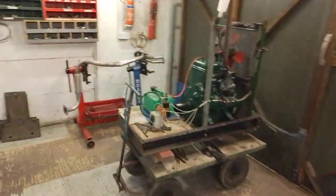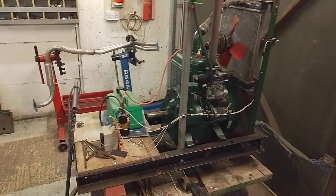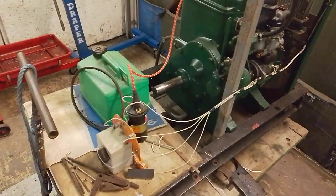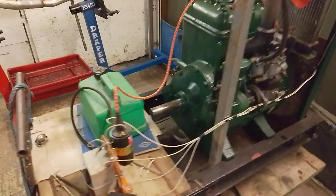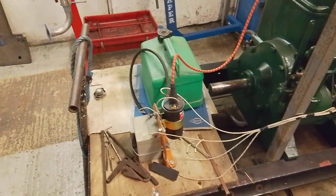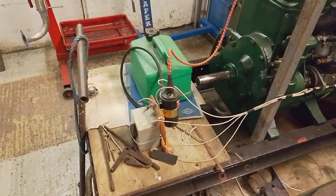And yes, of course, there's the Lister G1 still sitting there. We'll get round to it, but I'm actually in the process now of converting this to electric start. I just don't like the idea of cranking this engine by hand. It's 1000cc, it's a little bit scary. So what I'm actually doing at the moment, I've got a flywheel from a Ford ST170, dual mass flywheel. I'll show you that I've actually cut that up,